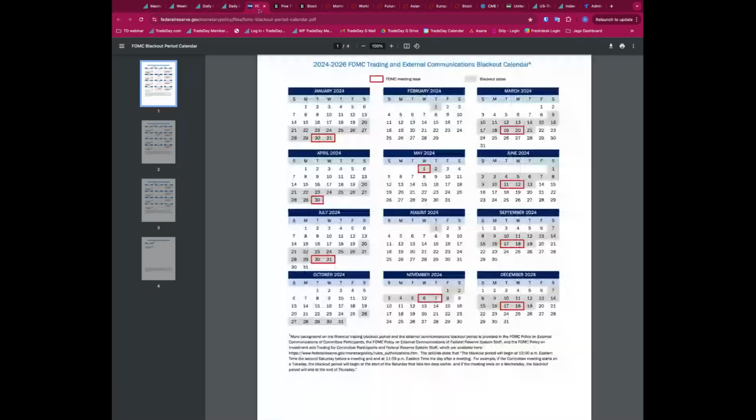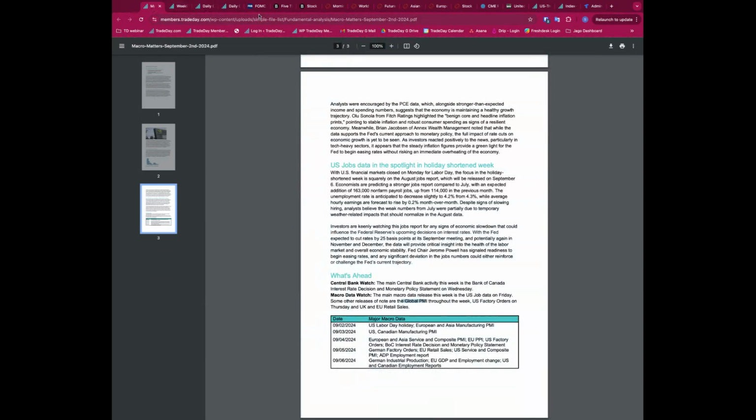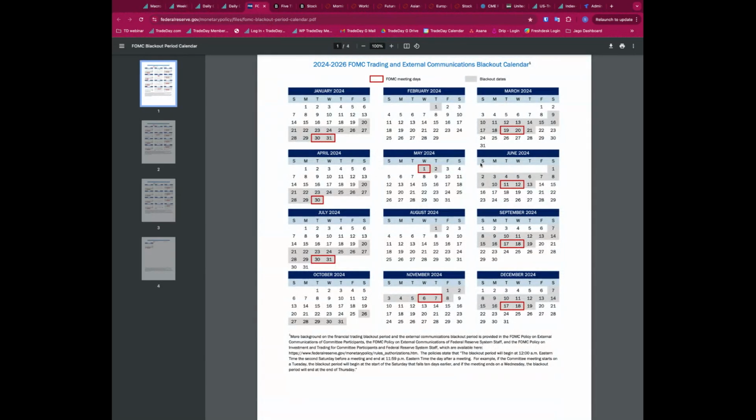The other thing to mention, which I neglected to include in the macro matters, but certainly we'll mention it in next week's, is that this is the last week now before the Fed's blackout period kicks in. The Fed meeting is 2 weeks away. It starts on the 17th, 2 weeks today, and then concludes on the 18th, on the Wednesday. As ever, it's a 2-day meeting, and then we get the result on the Wednesday, with very much a rate cut priced in. We'll talk about that as we go forward.